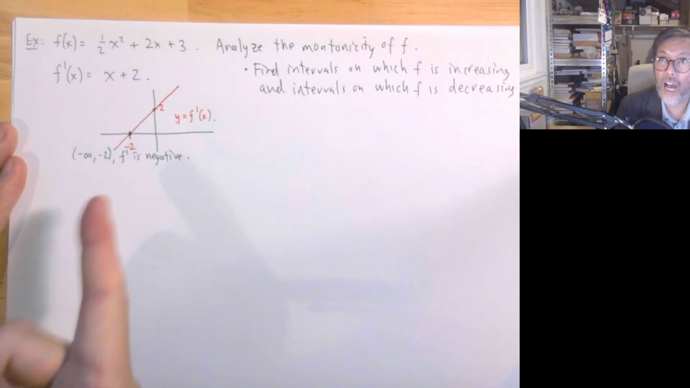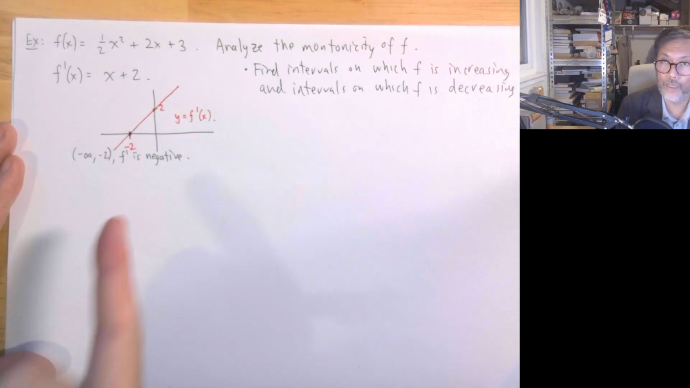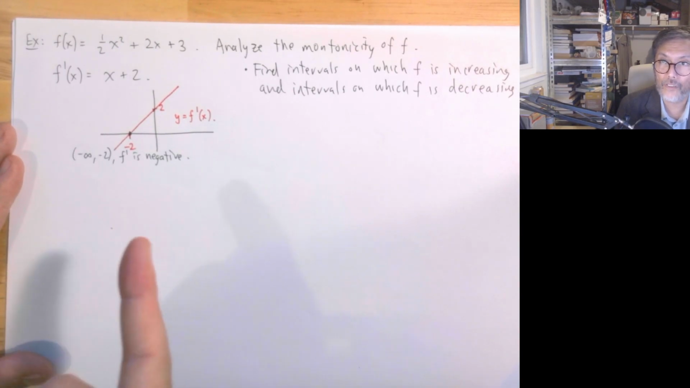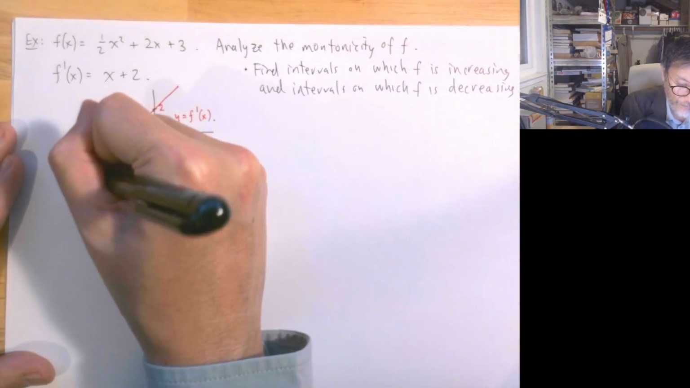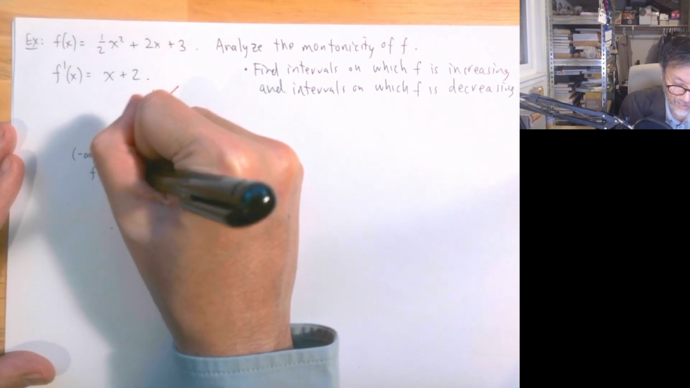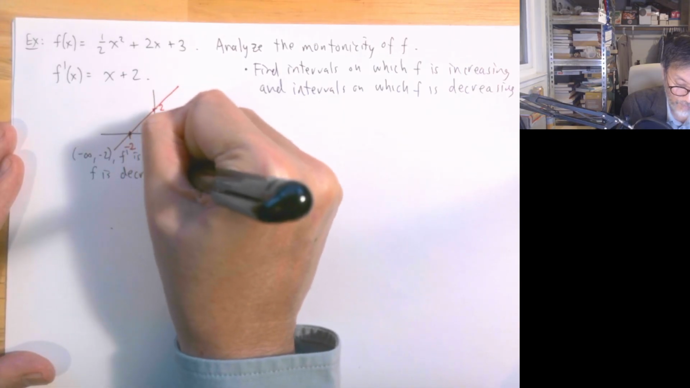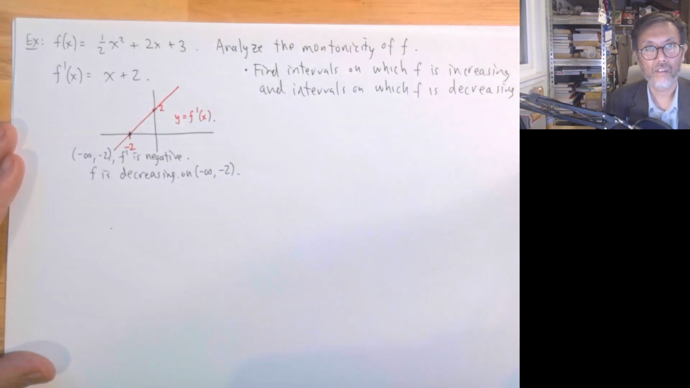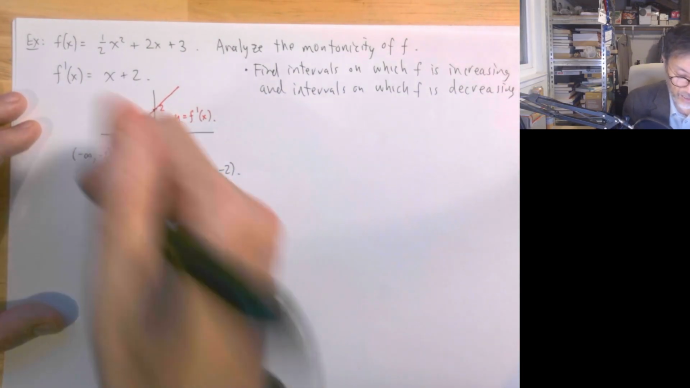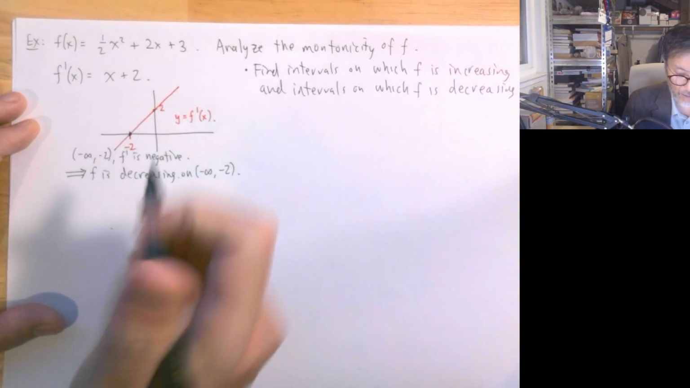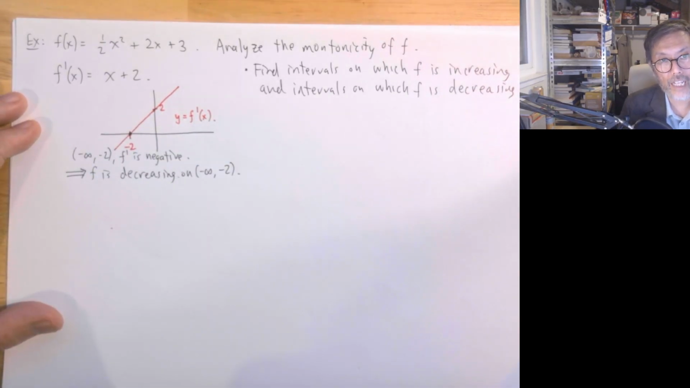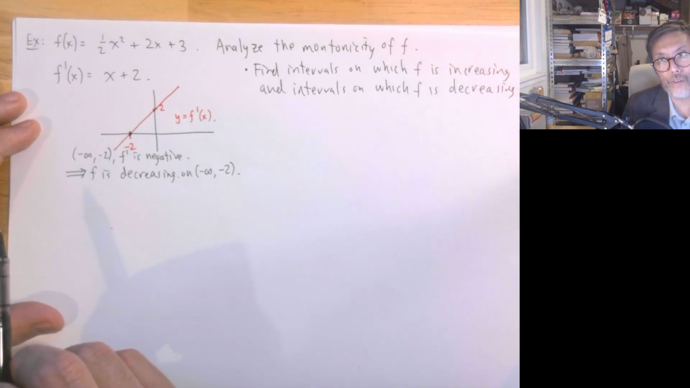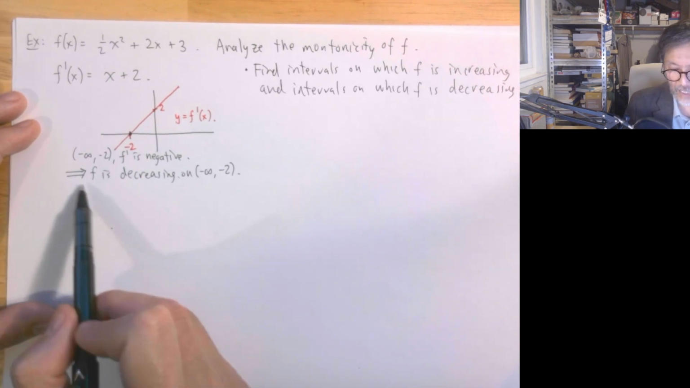And the sign of f prime determines the monotonicity of f. What this means is that f is decreasing on this interval from -infinity to -2. Okay? This is a deduction that we make. The fact that f prime is negative implies, that's what this double arrow means, implies that f is